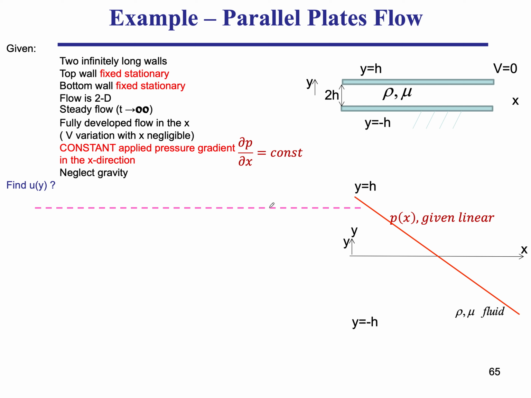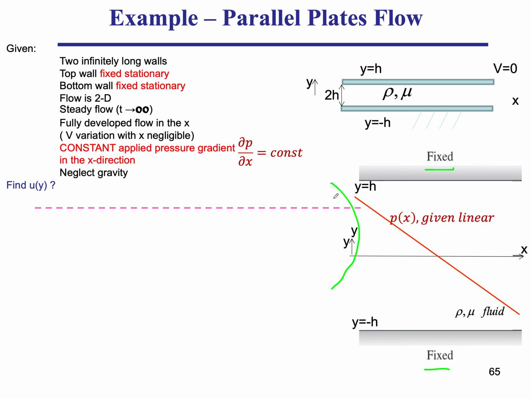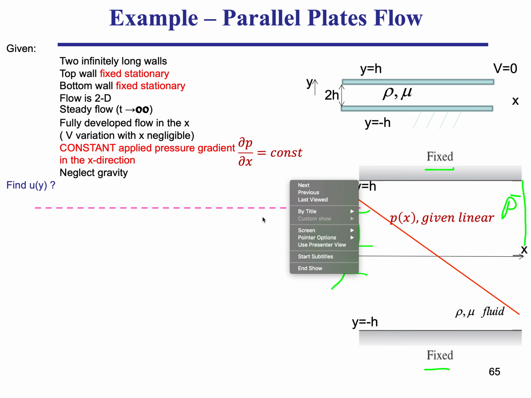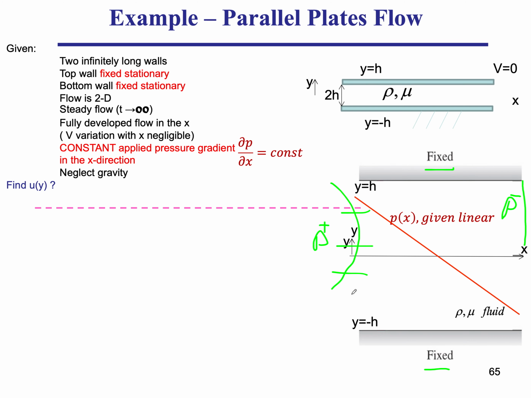Now let's move on to a similar problem. In this problem, we're still talking about 2 plates, a top plate and a bottom plate, but in this case, both of them are fixed. So we're not rubbing our fingers against each other, but imagine now that you have those 2 plates and you're blowing from one direction, so you're supplying a pressure, and here you have a high pressure, and at the other end you have a negative pressure. So we're supplying a pressure gradient